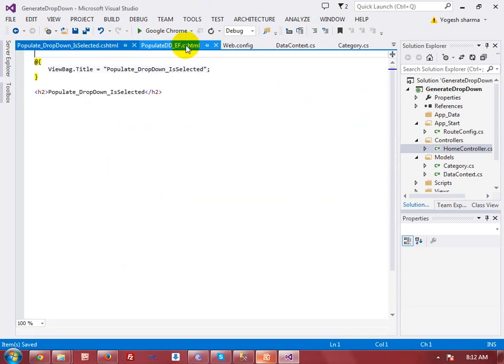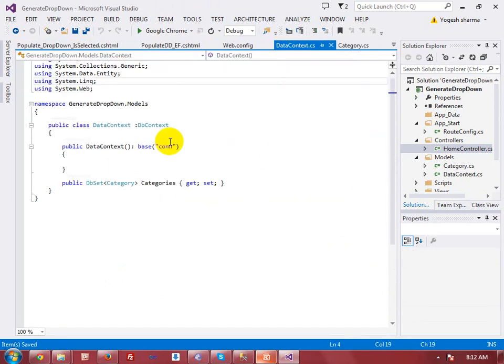In my last video I created the data context class, where I used the constructor of the data context, which is calling the connection from the web.config file using base, and here I used another DbSet. DbSet is used to perform the CRUD operations on your category table.